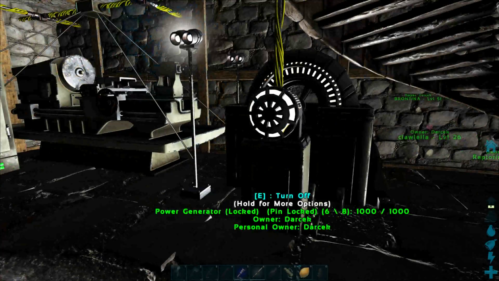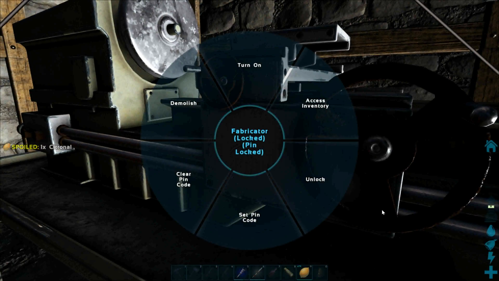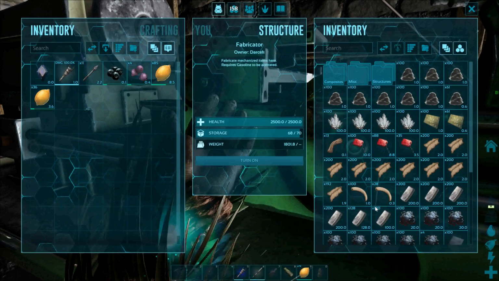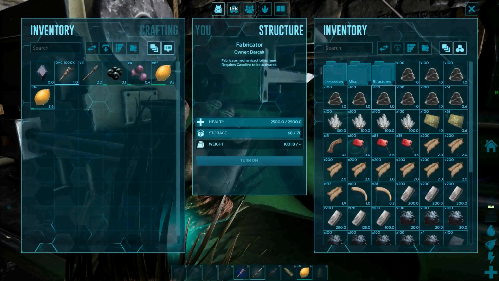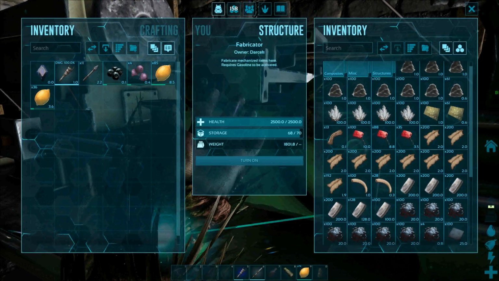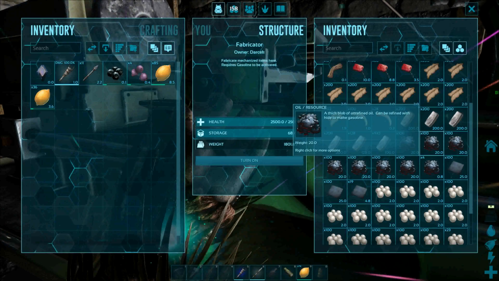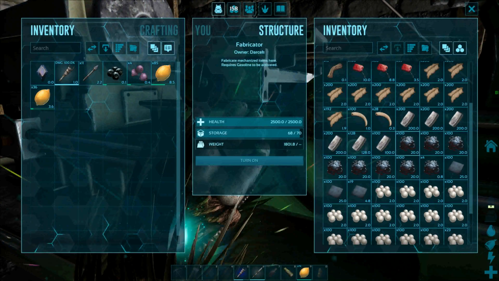It supplies all the electricity to my base. Fabricator. If you have a look inside, ooh la la, like you see, it's plentiful. I have a lot of building materials I need for the industrial